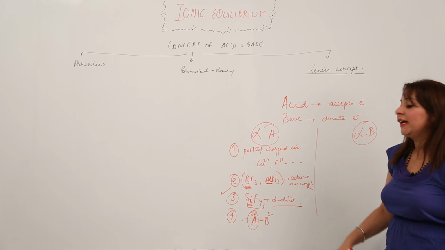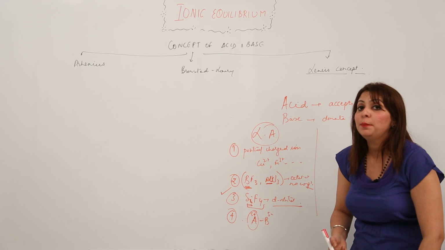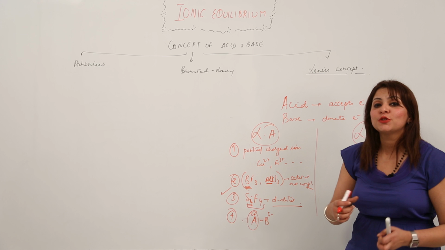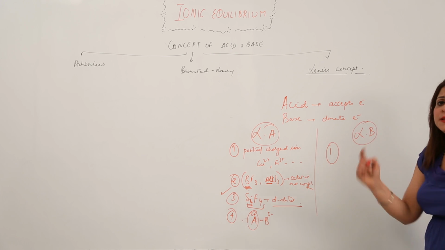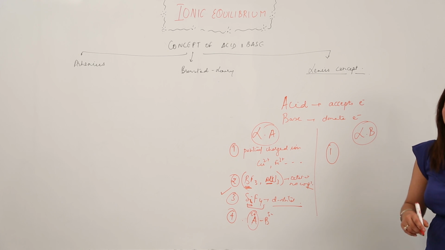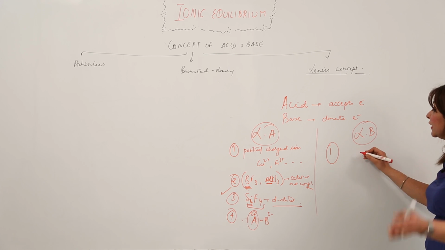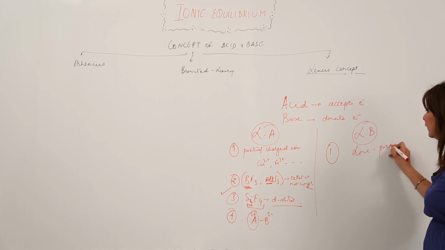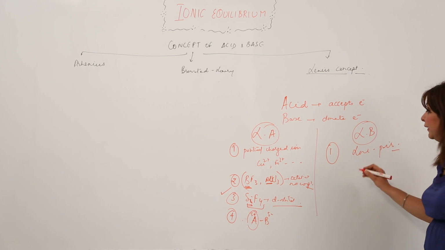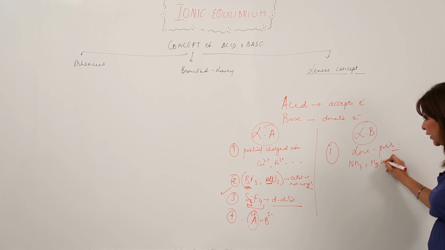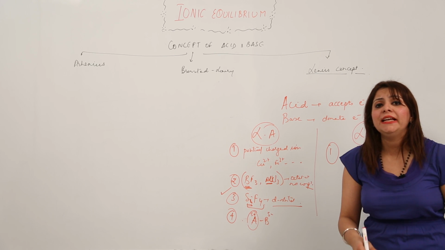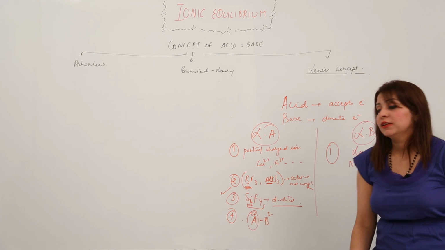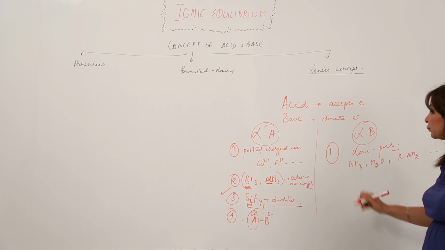Now just look at the board: which substances according to the Lewis can act as a base, or what are those substances which Lewis called Lewis bases? Obviously those substances are going to act as Lewis bases which contain an extra electron. So the substances which possess a lone pair act as electron donors, like NH3, like H2O, and moreover we have many more like RNH2. They have lone pairs. That means they have an extra electron which they can donate to someone. So they can act as a Lewis base.